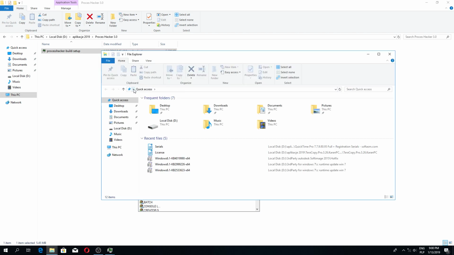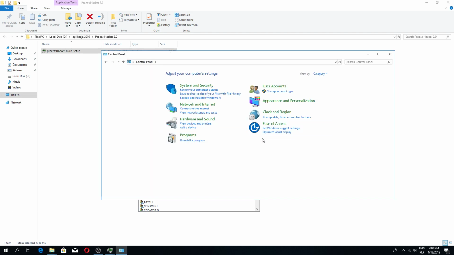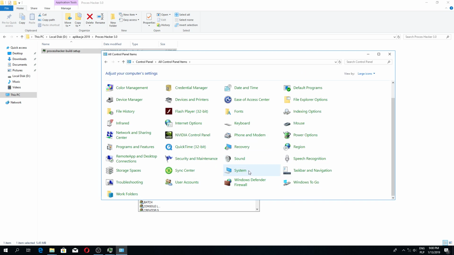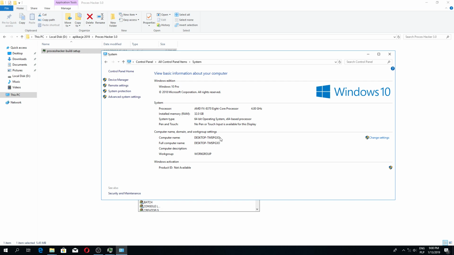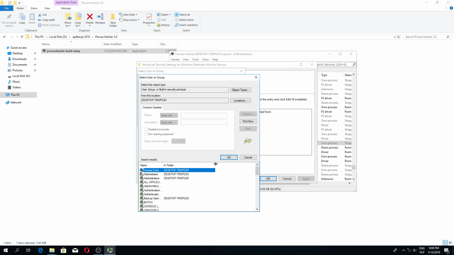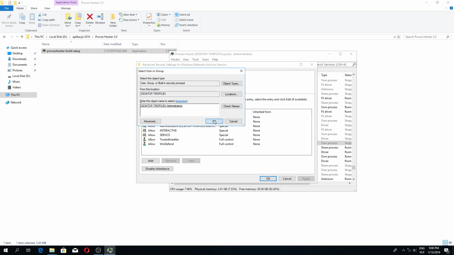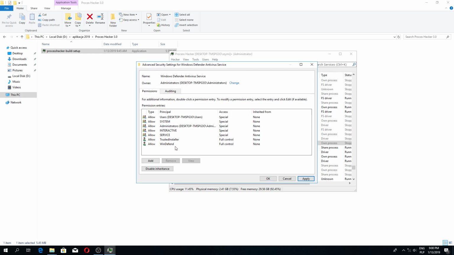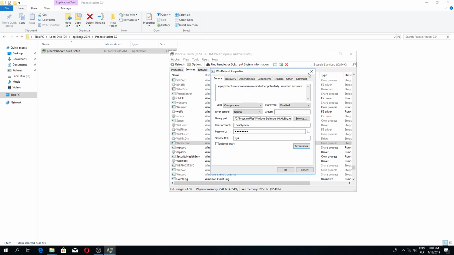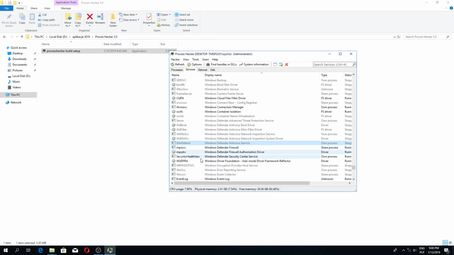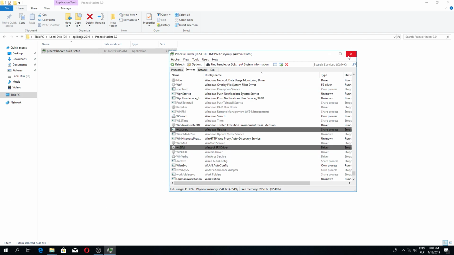File Explorer, Control Panel. I don't remember what's the name of my system. Desktop. Oh, this one. I didn't put name. Access is denied. Oh no. No, I will do it in a different way. You have to use group policy editor. I already disabled. Ah, yes, I forgot to mention something